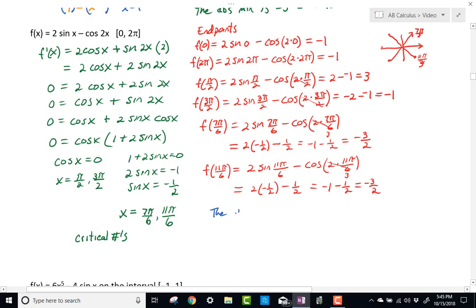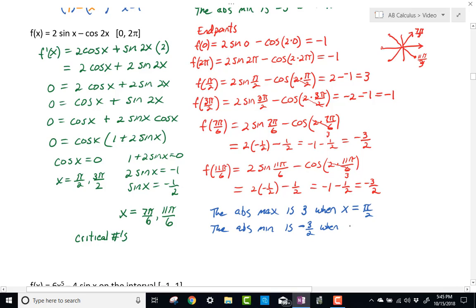The absolute max is, what was our highest value here? +3 when x equals pi over 2. The absolute min is -3/2. So -1.5, -3/2, whatever you want to call it, -3/2